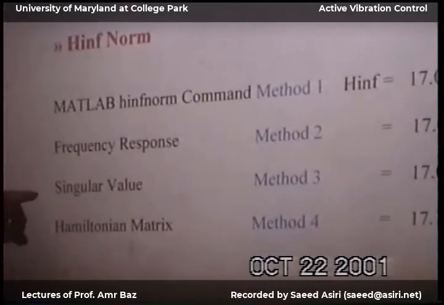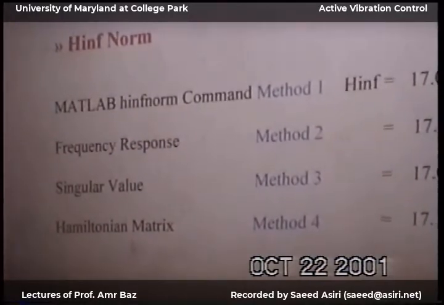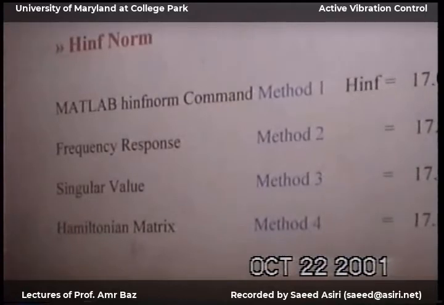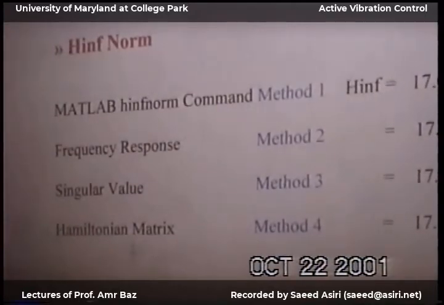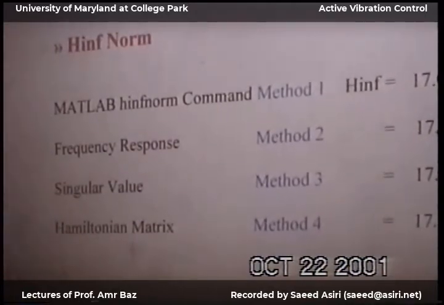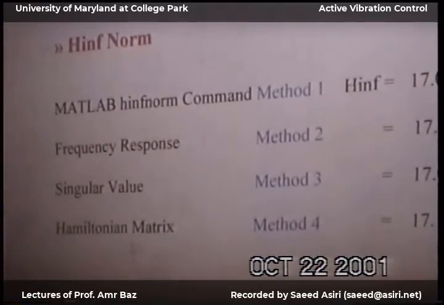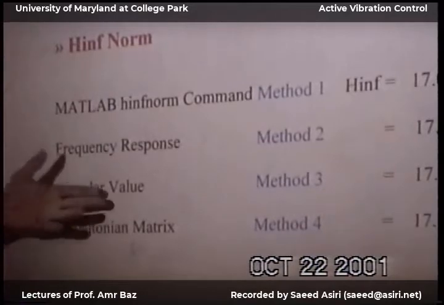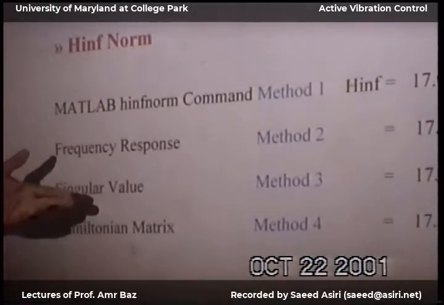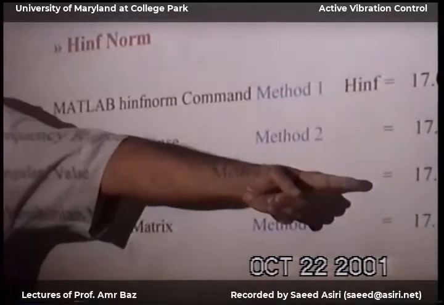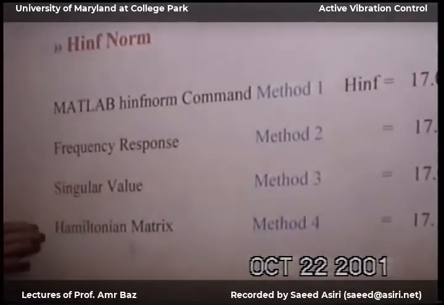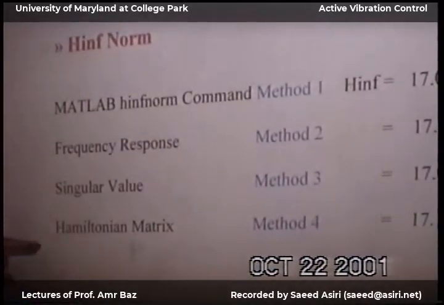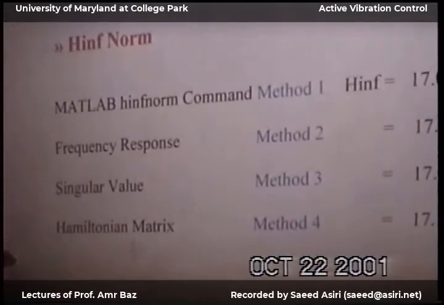The second approach is using the transfer function. I determine its eigenvalues. If the transfer function is square, then it has eigenvalues. If it is rectangular, then it does not have eigenvalues, it has singular values. So I'll use the singular value decomposition, and the maximum singular value is indicative of the H infinity norm. The method that I'll start with is the Hamiltonian matrix, which we